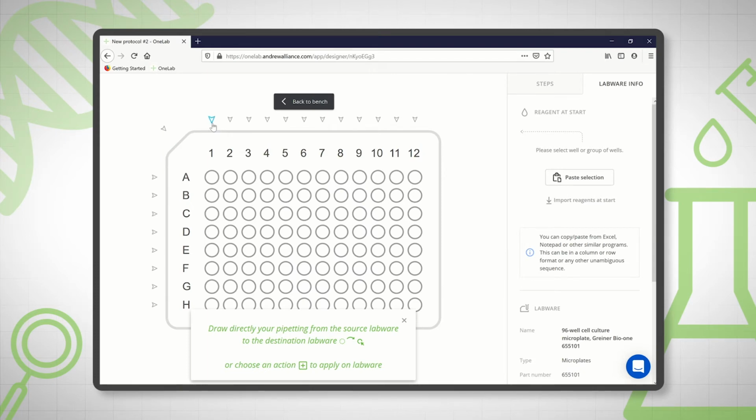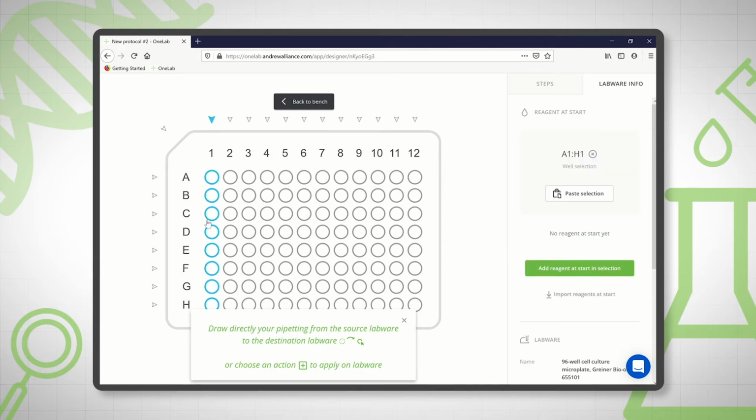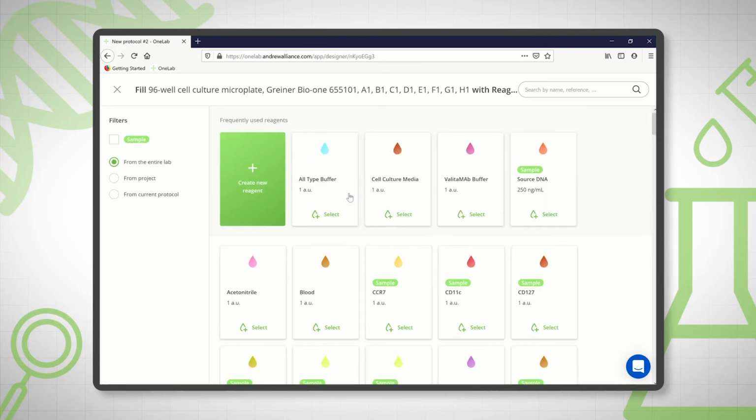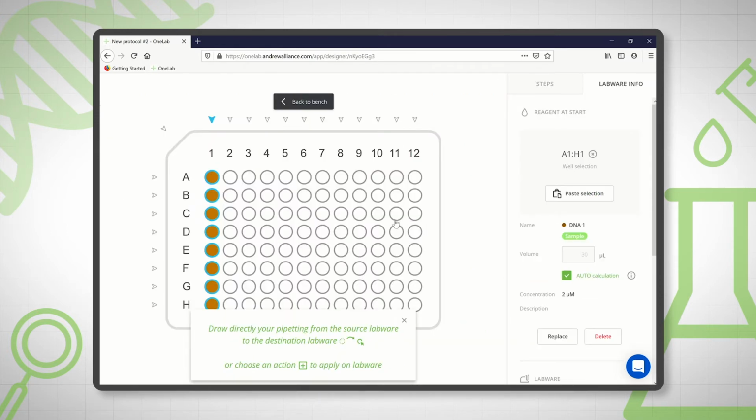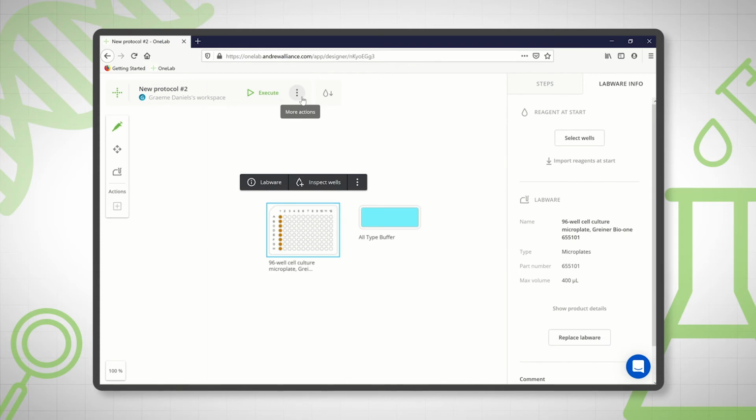So if we highlight the wells we want, so we'll have a column here, and we will add reagent, and let's just pick a sample and keep it really straightforward. There you go, 8 samples.